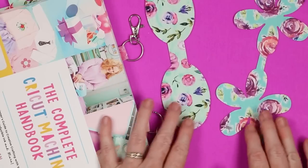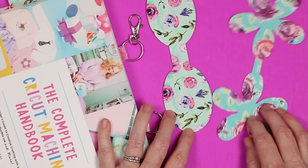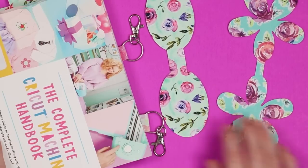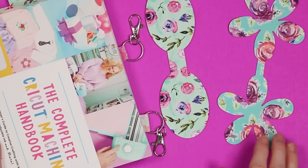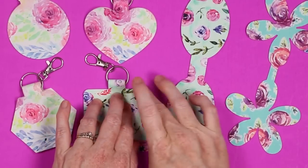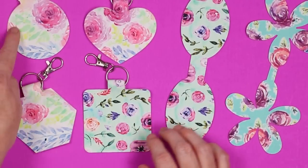And you can see that I cut several different pieces of this faux leather that I sublimated. All of them worked great. And I actually have 6 different of these keychain designs, so tons of options for you to play around with. Here are a few of the keychains. They're just about dry. I probably need them under the books for a few more minutes, but you can see the